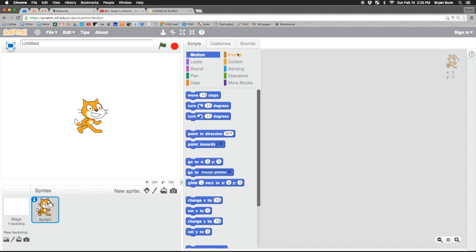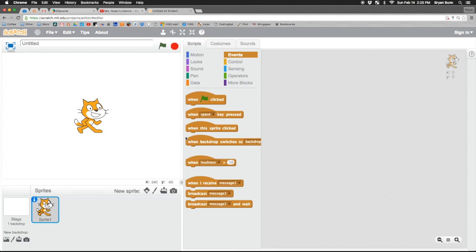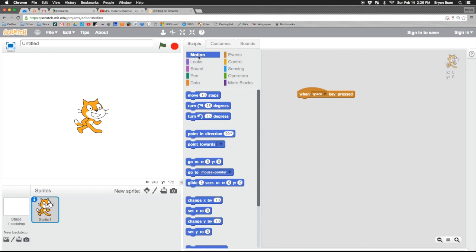Okay, to make our sprite turn 45 degrees, we're going to drag a code block to start it, so when the space key is pressed. Now, we're still moving our sprite. He may not be moving forward, but he is still moving, so I'm going back to the Motion tab,